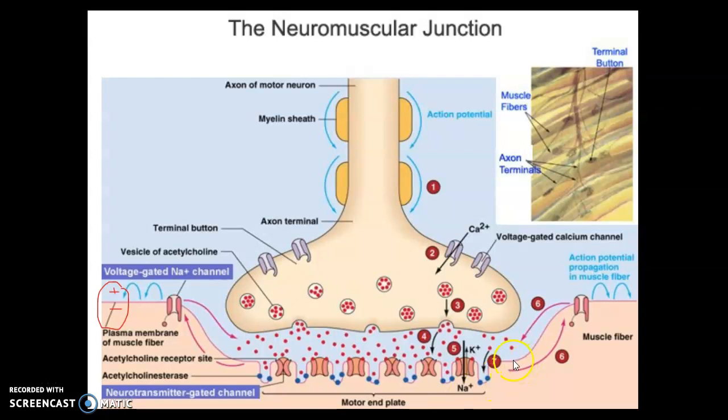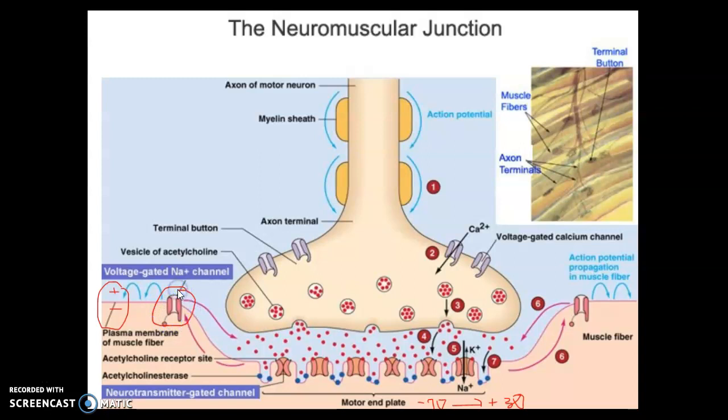This phenomenon only happens at the neuromuscular junction until a specific number is reached. We call that specific voltage the threshold potential. At rest, the cell is about negative 70 millivolts, so negative on the inside. And at this area, it will go to positive 30. Once positive 30 is reached, well, now